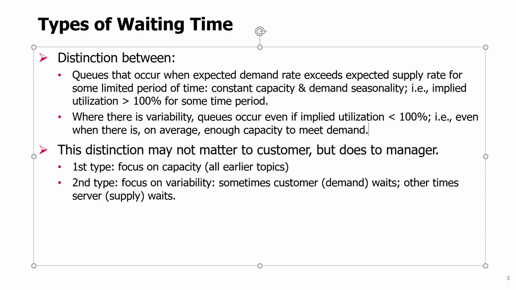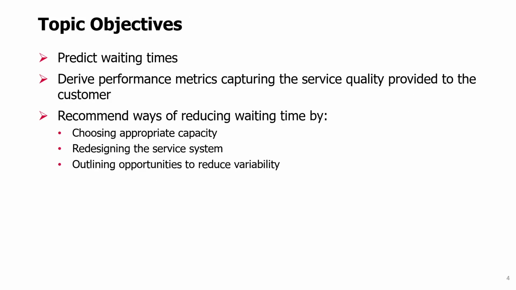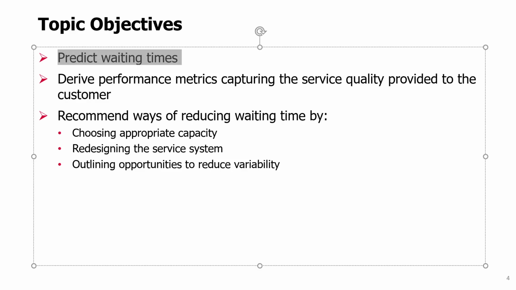The second type of waiting time is the focus of this topic, right? This is where we focus on variability. And due to variability, we will see that sometimes customer or demand waits for the server for supply and sometimes the other way around. So the objectives of this topic are, first of all, to predict waiting time, or average